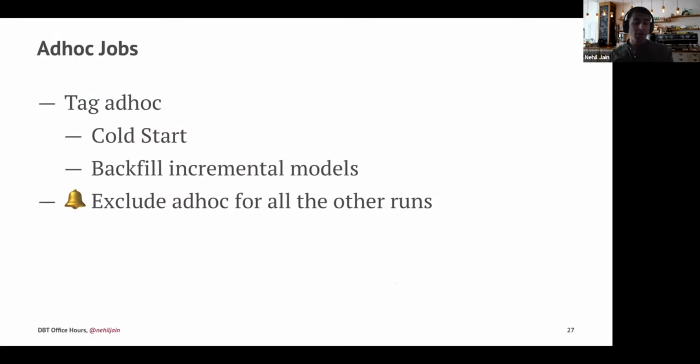Another type of job which we have to run every now and then are ad hoc jobs. And we, again, just tag the model as ad hoc. And then if we do that, we exclude it from the other runs. The reasons why we usually need an ad hoc job are mostly for incremental stuff. So suppose you have a really large data set and you want to incrementally work on it, but you're doing it for the first time, or you're adding transformation for the first time,